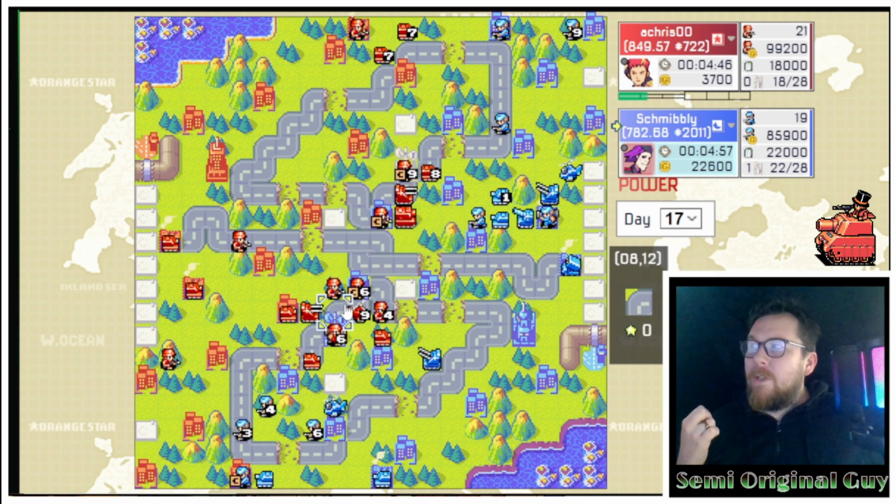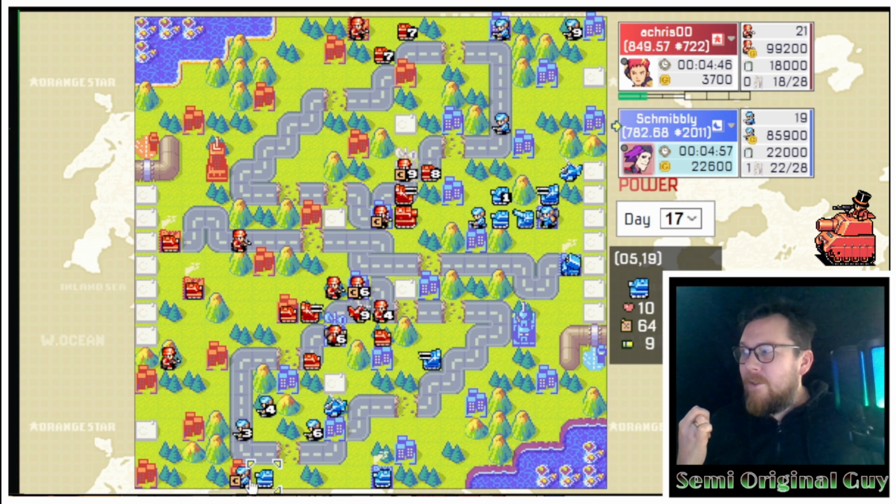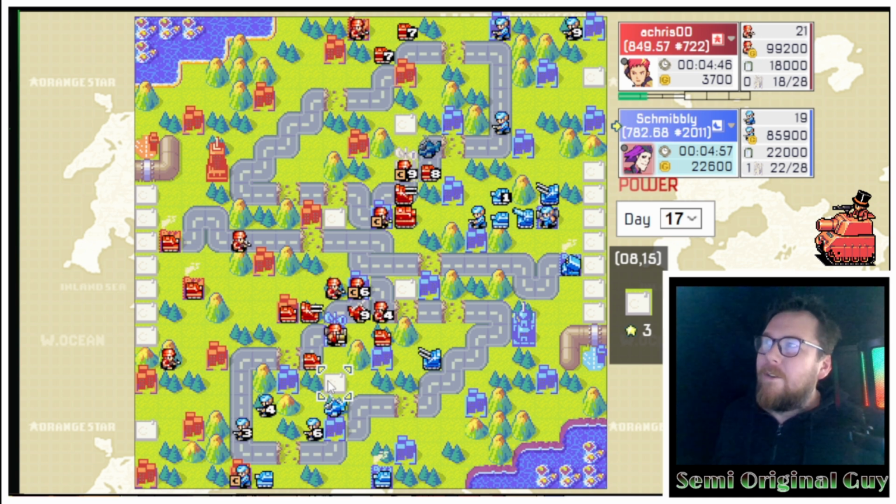You can even use the anti-air if you want to interrupt this capture here, which might be a good idea. Don't really want to lose a whole lot of income. This battlecopter is pretty annoying, but this battlecopter can counter it right here. We can get a tank shot right here, bust out another tank, get this capture. I should think Schmibbity